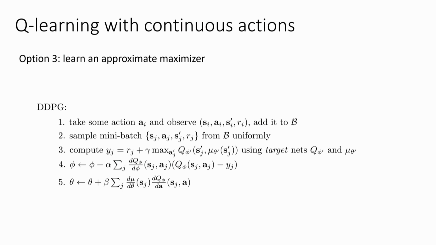To update those parameters, you just use that chain rule that I had on the previous slide, d mu d theta times dQ dA. Step 6, update phi prime, the parameters of the target Q function, and theta prime, the parameters of the target mu, of the target argmaxer, or the target actor, if you want to call it that. And you can do it using either the flip it every 10,000 times rule or Polyak averaging. And then repeat. So it's essentially the deep Q-learning algorithm from before, but augmented with the use of mu in place of the argmax, and this additional update that actually updates the parameters of mu.